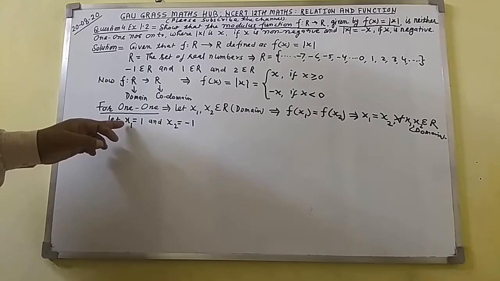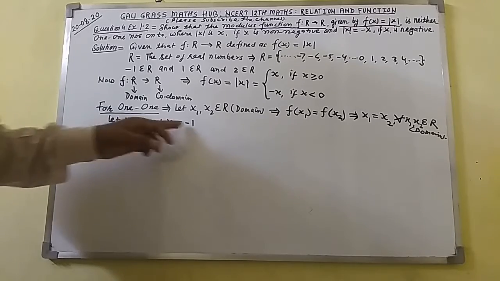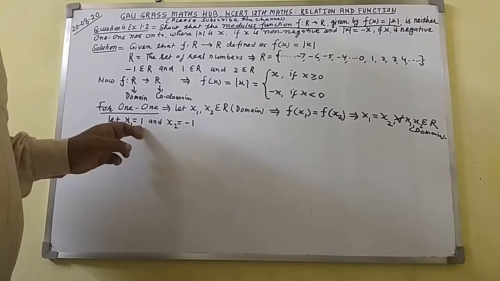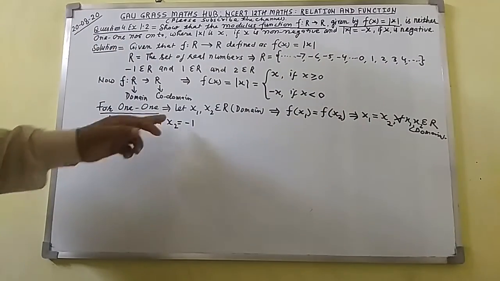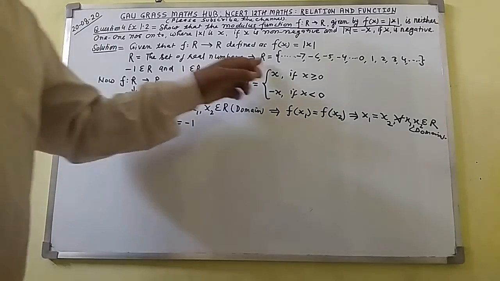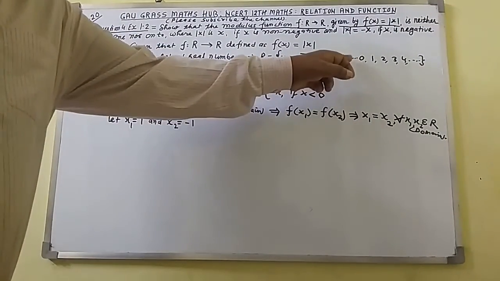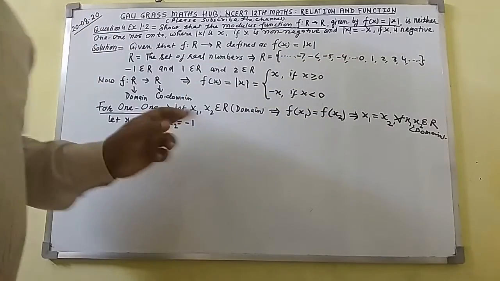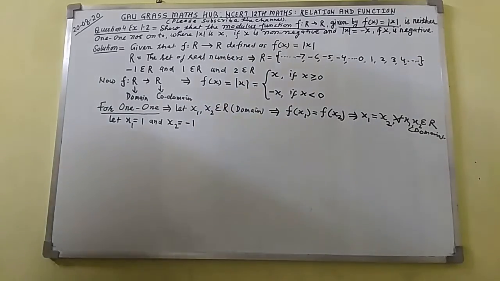Because here you can see, if I let x1 equal to 1 and x2 equal to -1, here you can see x1 equal to 1 belongs to capital R, x2 equal to -1 belongs to capital R. Since I have written dot dot, in between -1 will be there, so -1 will be an element of capital R. So now what we'll do,